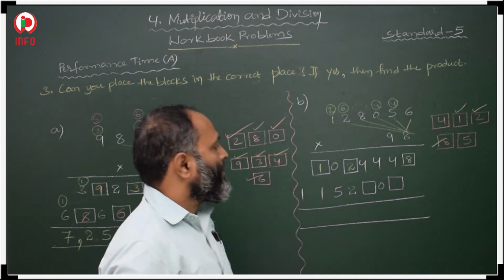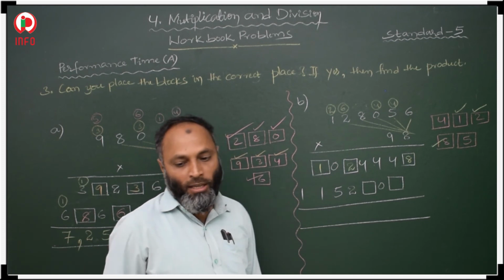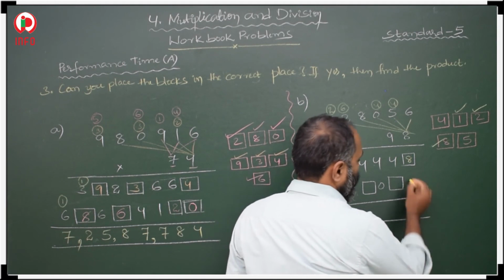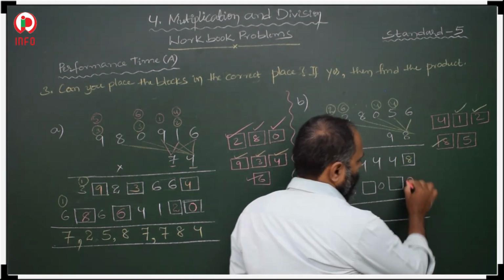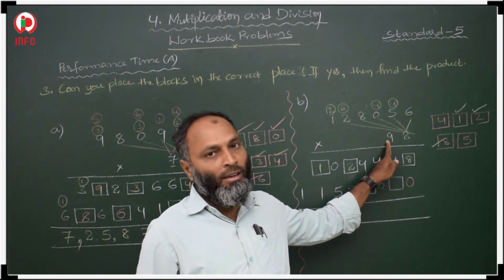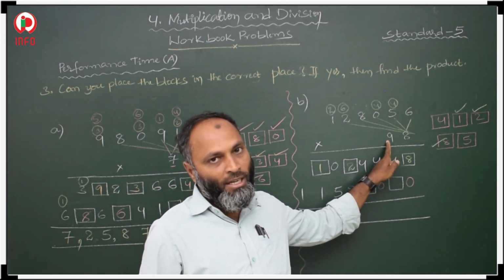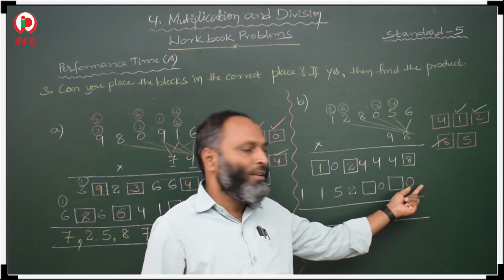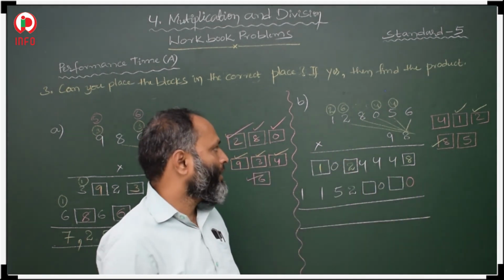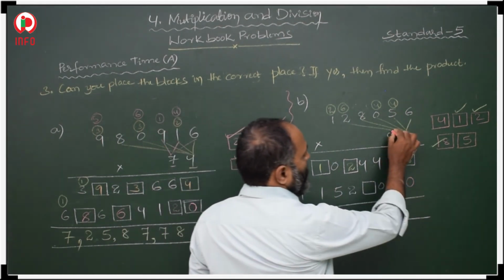The 2 places over. Here in this place he has already given 0. Why? Because when we are going to start with 9, this is in the tens place. When we multiply with 10, we will get 1 0. So that 1 0 we must keep here. Then after that we have to start with 9.